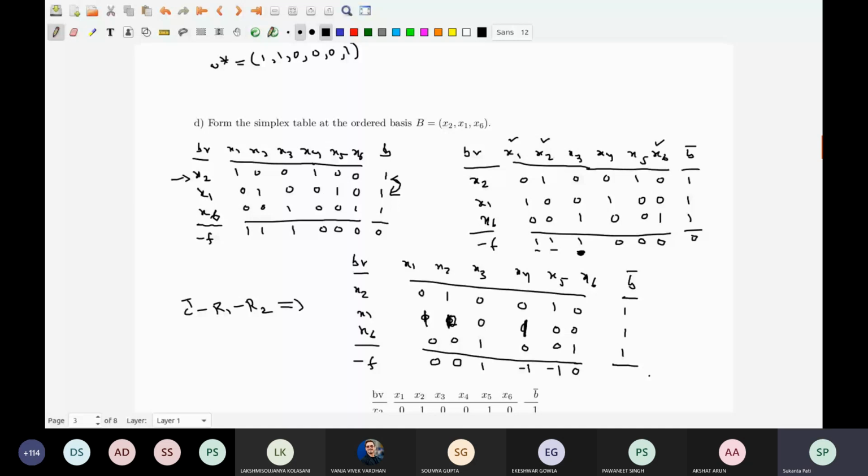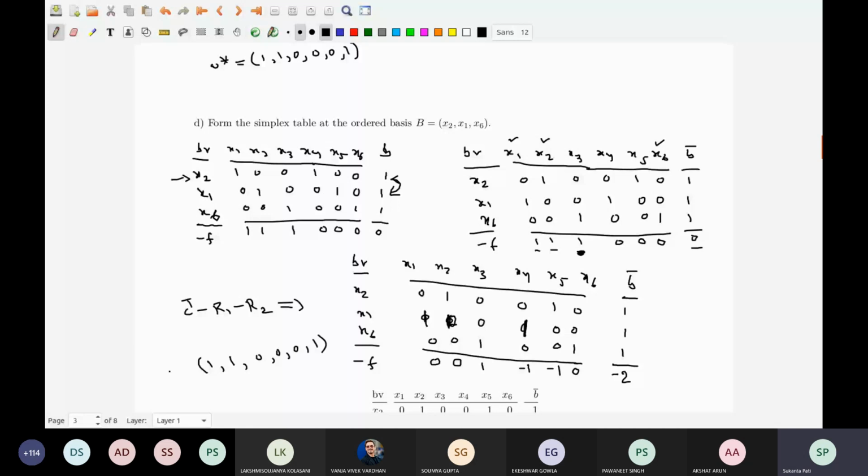Look at the first basic variable x2. What exactly is this telling? It is telling what the value of x1 is. X1 is 1. What is the value of x2? X2 is 1. What is the value of x6? X6 is 1. Now look, this is a basic solution you are talking about. So the non-basic part is 0 and x6 is 1. So this is the vertex that you are standing at. So the simplex table itself tells you what vertex you are standing at.